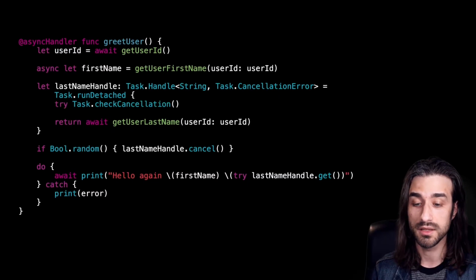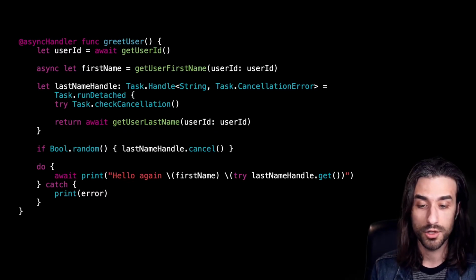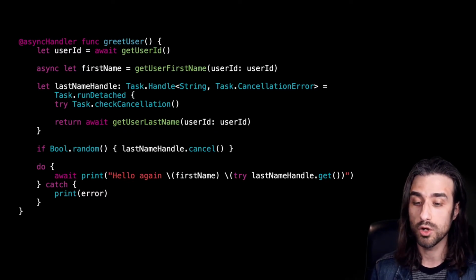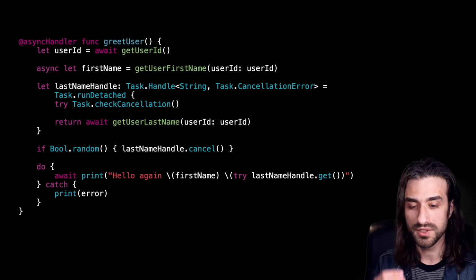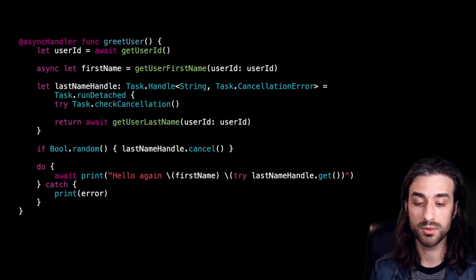So the task needs to agree to be cancelled, and the way that it does it is that the task is going to call the static method Task.checkCancellation, and what happens is that if the cancel flag has been set by a call to the method cancel, then the call to Task.checkCancellation is going to throw an error and is going to cancel the task. So this is how the code looks when you need the ability to cancel a task. As I've said, we had to introduce a lot of explicit code.